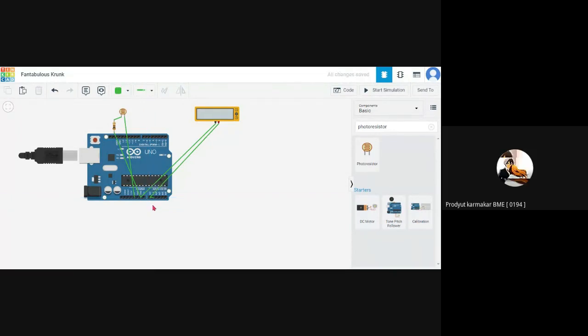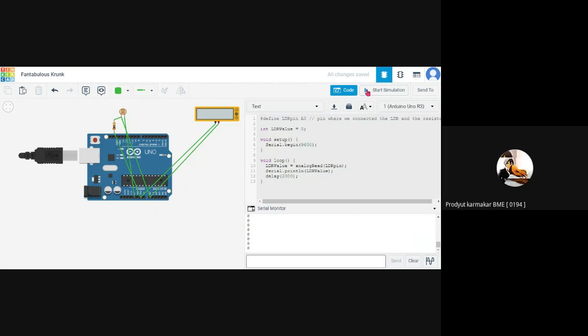স্যার, A0 আর টার্মিনাল ওয়ানটা কানেক্ট করবো? হ্যাঁ, সেটাই বলছি। A0 থেকে ফটো রেজিস্টারের টার্মিনাল 1 কানেক্ট হবে। ওটাকে ডিলিট করো। তুই 2 এর সাথে কানেক্ট করে দিয়েছিস, 1 এর সাথে কানেক্ট কর। এবার দেখো ভ্যালুটা আসবে, কারণ ফটো রেজিস্টারের ভ্যালুটা মাল্টিমিটারে দেখাতে পারবে, কারণ A0 এর সাথে তুমি কানেক্ট করেছো।